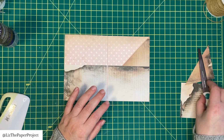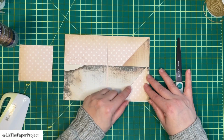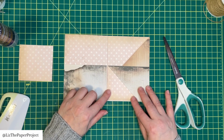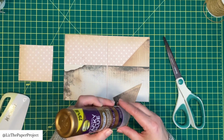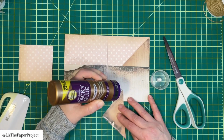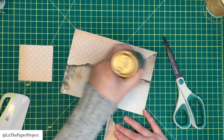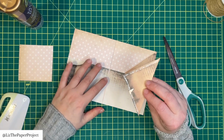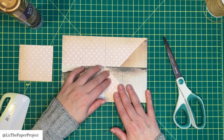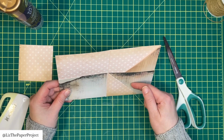So here's your little triangle, and you can put it on any side here. I just decided I'm going to add it on that side, and I want the polka dots to show. So that's why when I printed double-sided, I wanted to have a different pattern so you can actually see the difference in patterns that I'm using for this project. Of course, you don't have to. If you just have single-sided paper, then this section might be just a white part instead of the polka dots. And now on this side, we have our additional little square here that's going to make a side